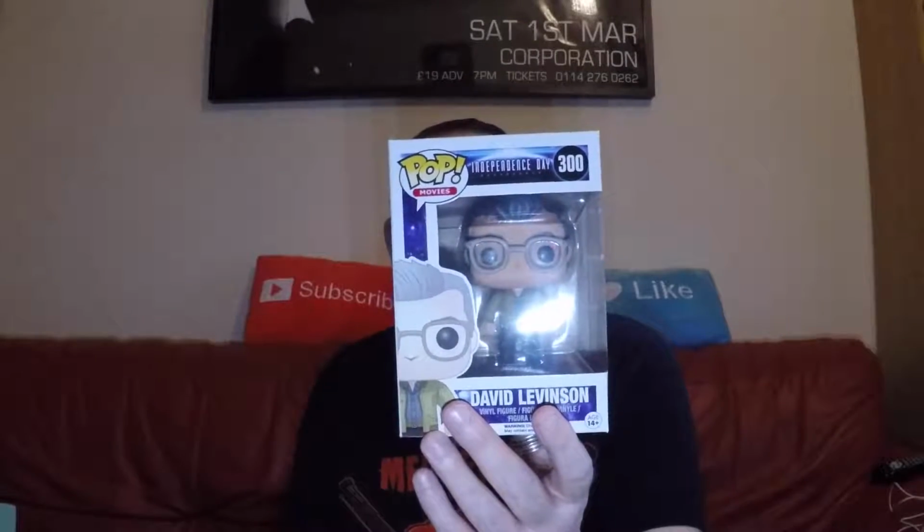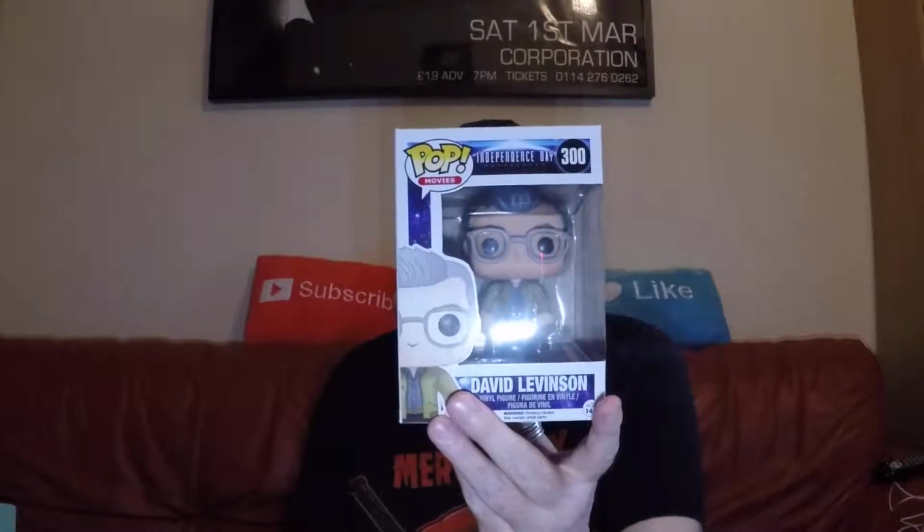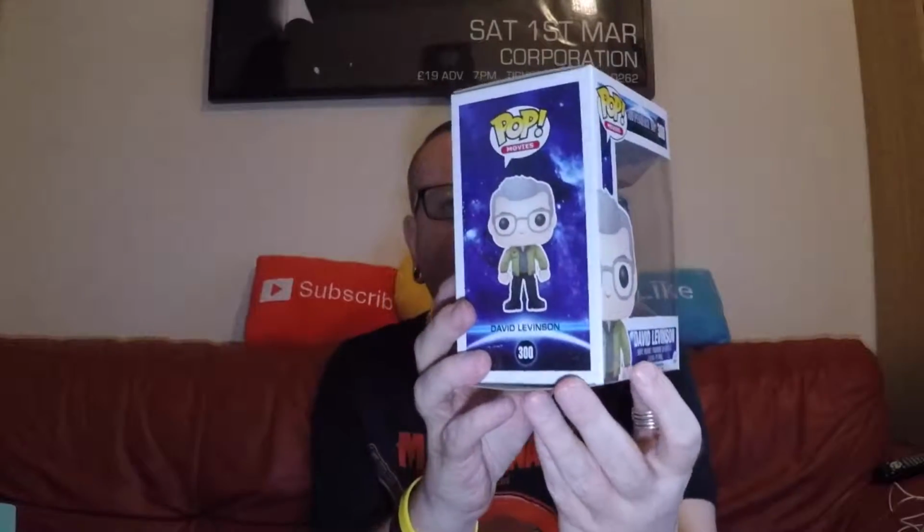Okay, first up I can see a Funko Pop. It is David from Independence Day, David Levinson. But hey, hold on, this is not any Independence Day, this is the new Independence Day Insurgents. So that's pretty smart to get a brand new one that close. I mean, the film is opening this weekend, I think, so that's pretty smart. So let's have a look around,